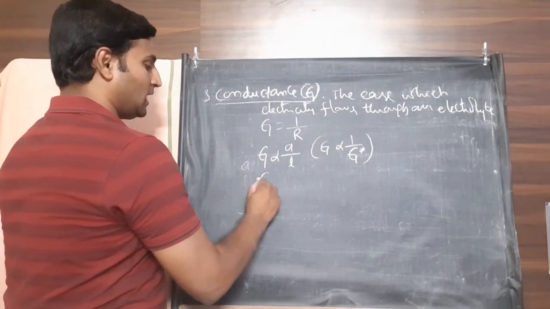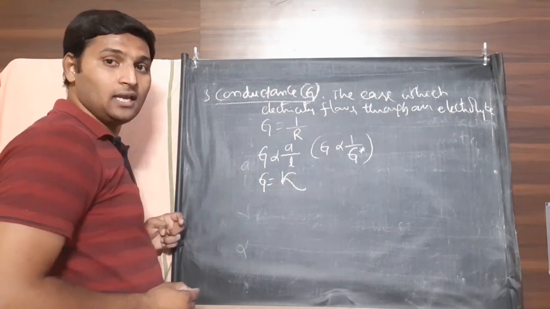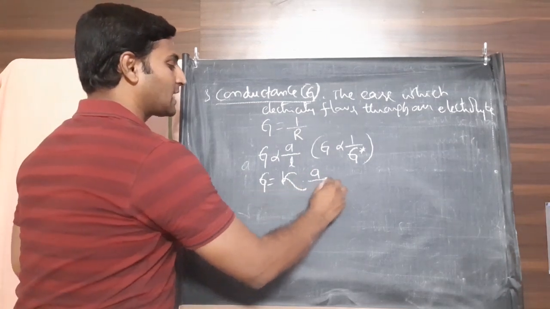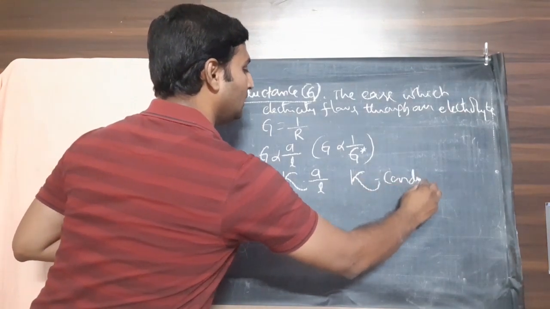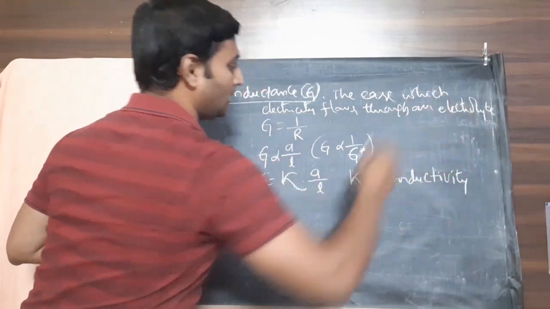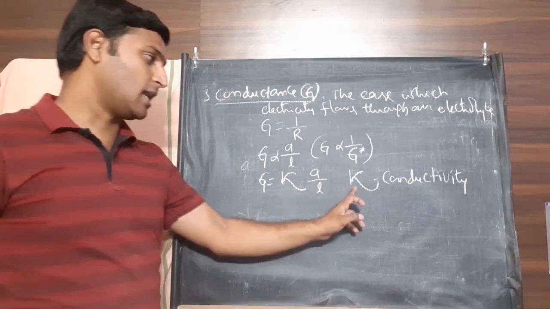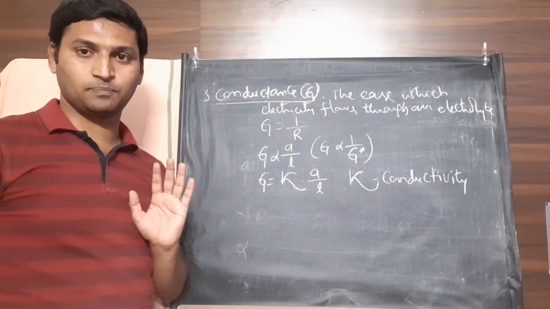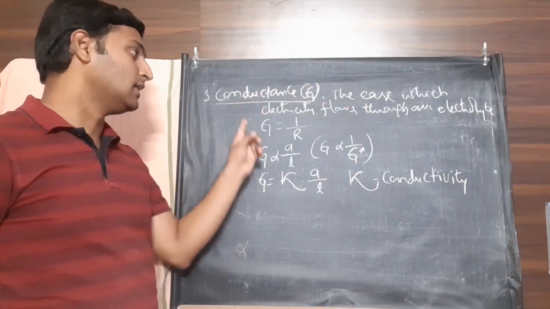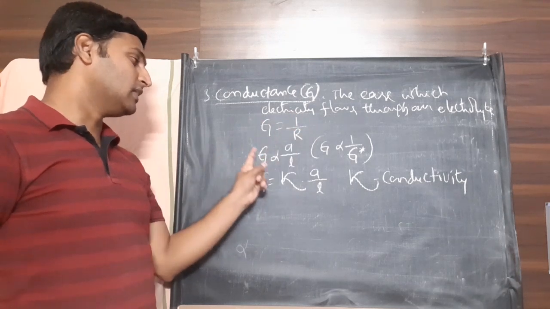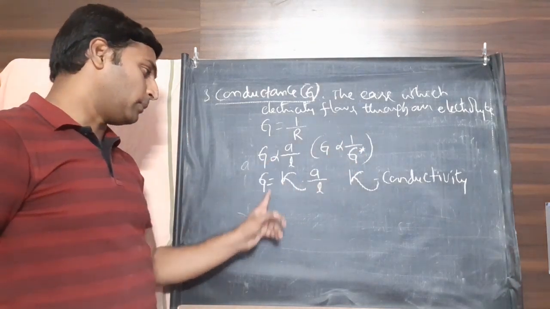Now to remove this proportionality, we introduce a constant called kappa. So conductance is equal to kappa into A by L, where kappa, a Greek letter, is called conductivity, previously called specific conductance. Books use either word. So kappa is conductivity or specific conductance. So the ease with which electricity flows through an electrolytic conductor is called conductance, and it is the reciprocal of resistance, 1 by R. Therefore, it is proportional to A by L, that is, inversely proportional to cell constant. So to remove proportionality, we have used kappa.